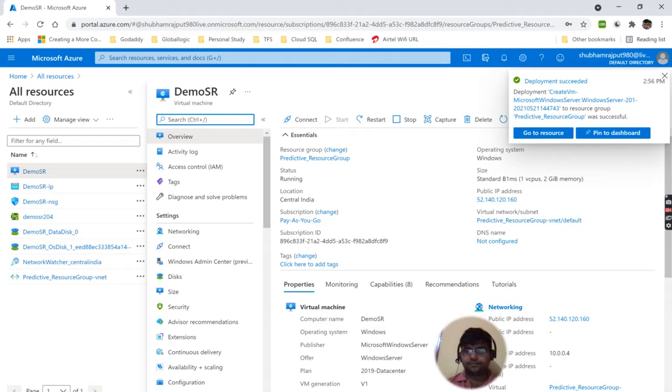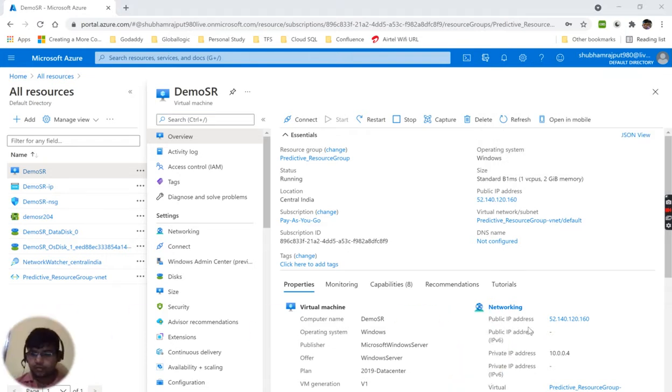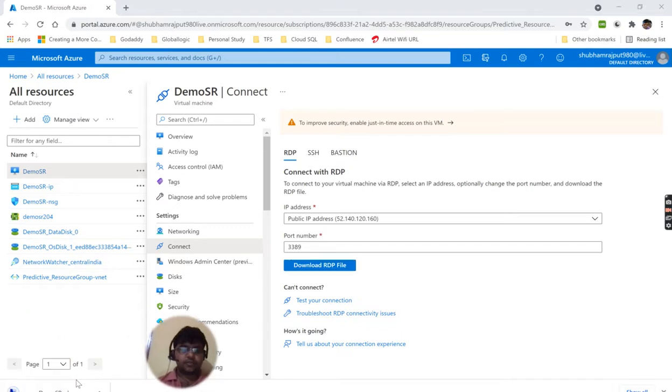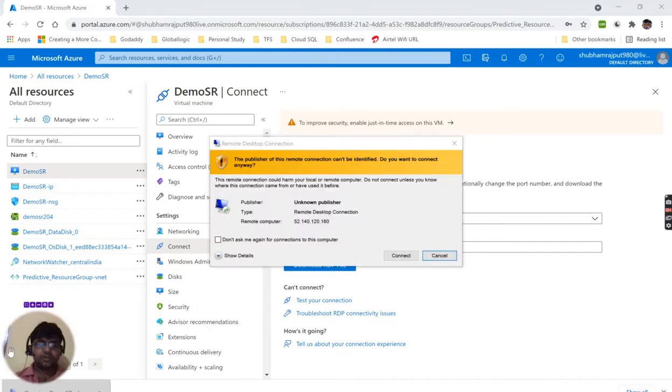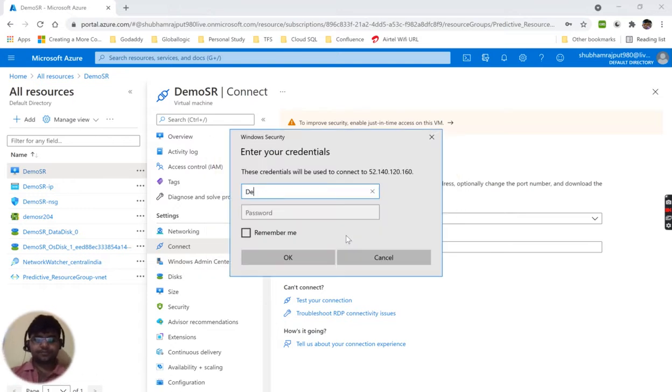Opening this virtual machine. Okay, so how can I open it? First of all, this is the public IP, and this is the resource group, my subscription, and all these things are available. The virtual machine is in an active state, basically in running state. To connect to it, I have to click on Connect and RDP, and download the RDP file. So you can see the RDP file is downloaded. As soon as I open it, it will connect me to this server.